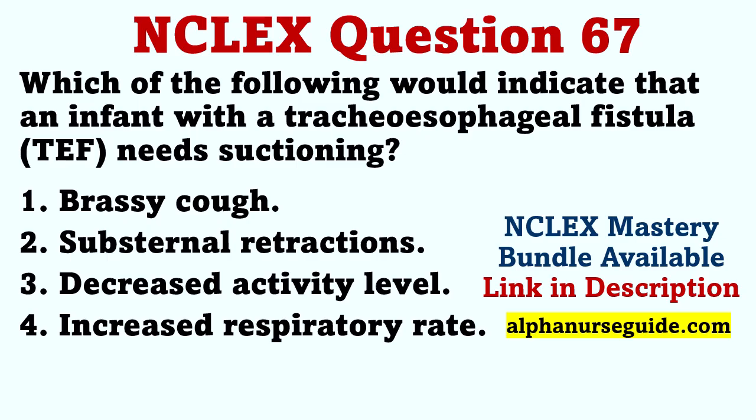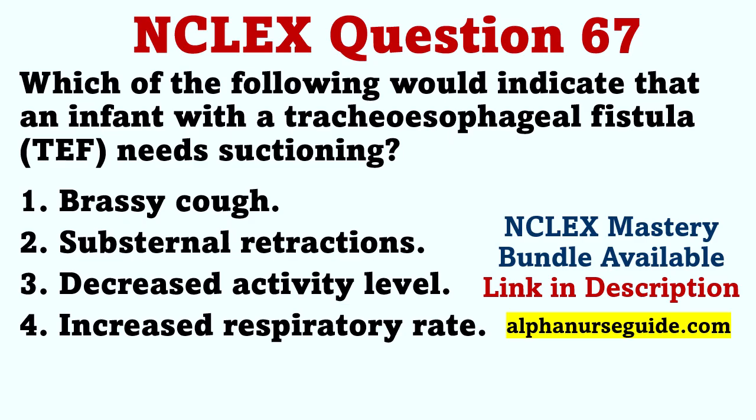The correct answer is 2. With a TF, overflow of secretions into the larynx leads to laryngospasm. This obstruction to inspiration stimulates the strong contraction of accessory muscles of the thorax to assist the diaphragm in breathing. This produces substernal retractions. The laryngospasm that occurs with a TF resolves quickly when secretions are removed from the oropharynx